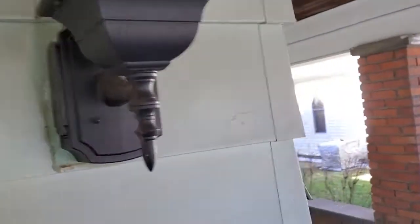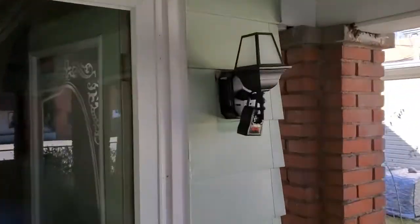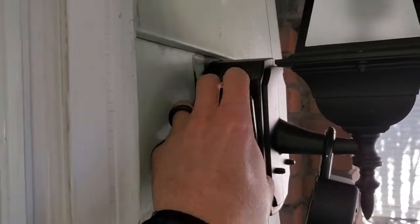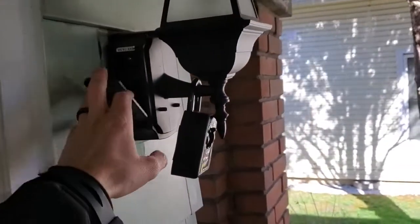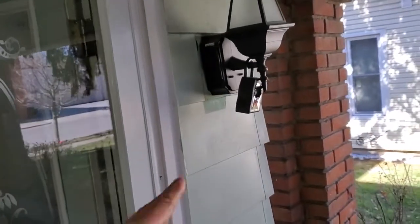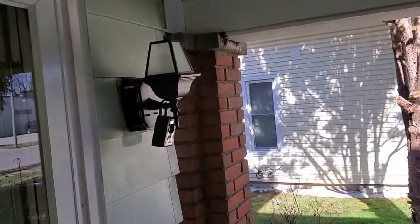I just never had seen that before, and I thought that was pretty cool, and I thought I'd share it with you guys. And that's awesome, especially if it's switched, where you could plug your Christmas lights in and turn on the light, and the outlet comes on as well. I just thought it was super cool, and I wanted to share that with you